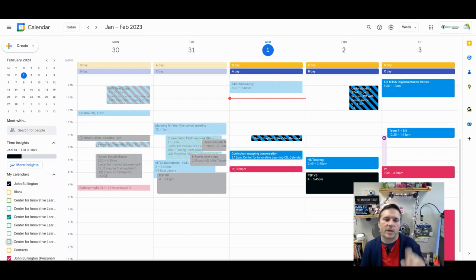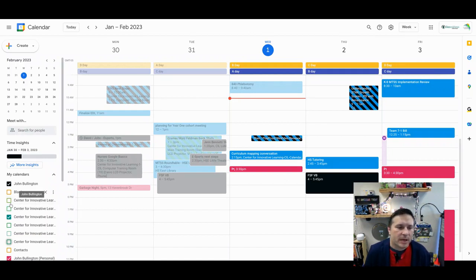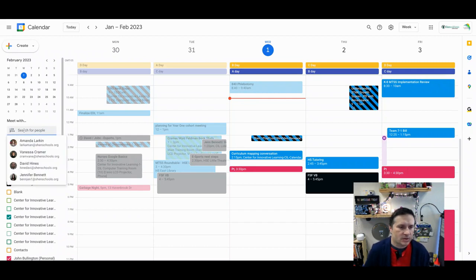All right, number 3 on our list, how to quickly show someone's availability in Calendar. So if you have your calendar open, doesn't matter how many of them you have checked, what you do is you simply come up here to this Meet With box and you search and you type in a name. So we'll go with